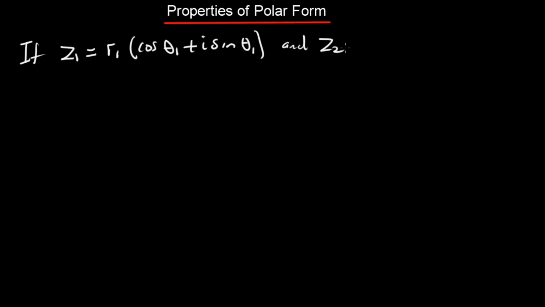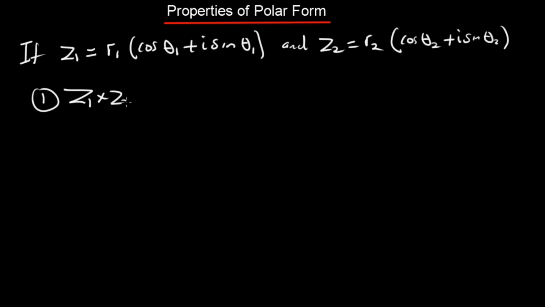So if you have complex number z1 equal to r1 cos theta 1 plus i sine theta 1, and z2 equal to r2 cos theta 2 plus i sine theta 2, the following properties are going to hold true. The first one is that